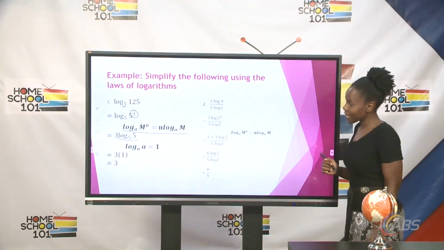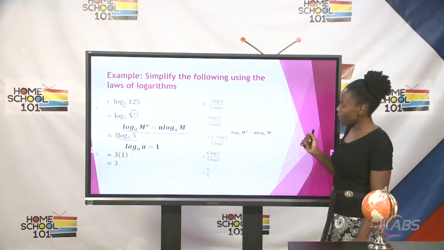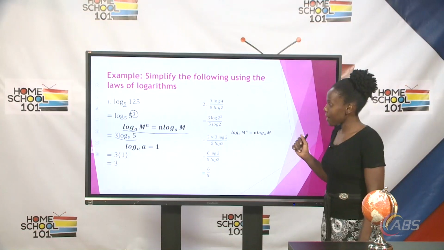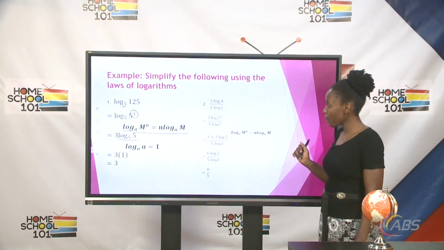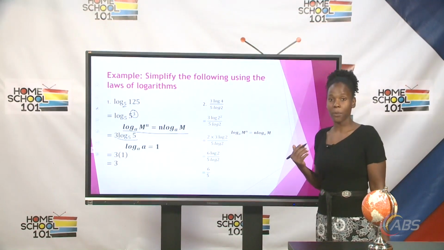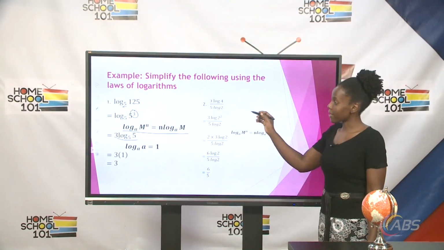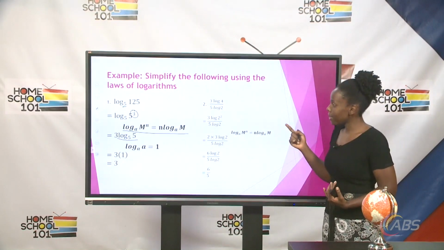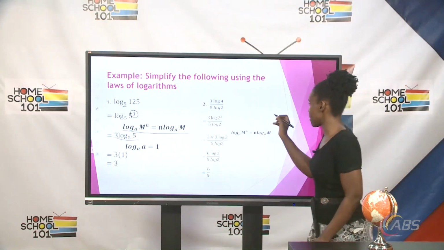We have a second example here. It is 3 log 4 divided by 5 log 2. Although we have a fraction here, I know many times persons tend to think that we're applying the rule that states that the log